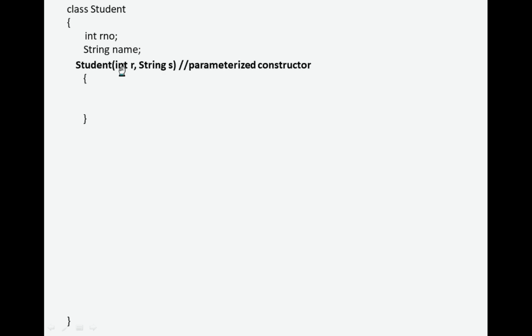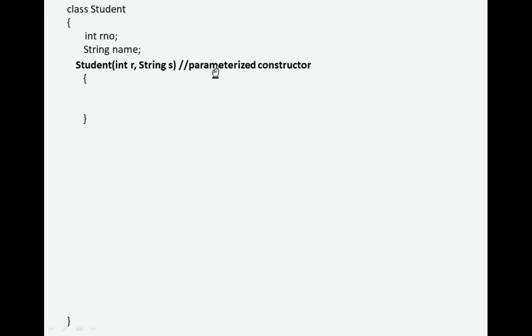Now see this parameterized constructor. How is it a parameterized constructor? Its name is the same as the class name, so it is a constructor, and we are passing two arguments, R and S.